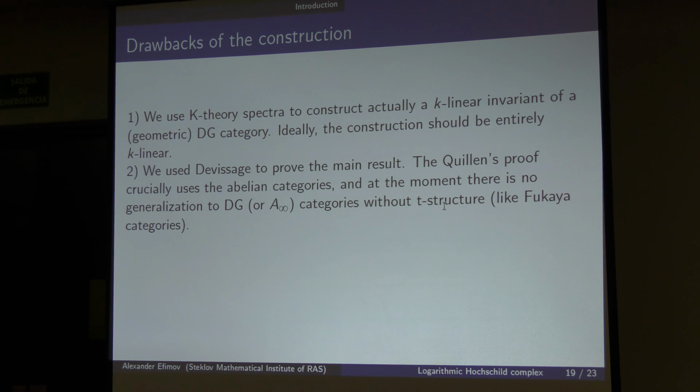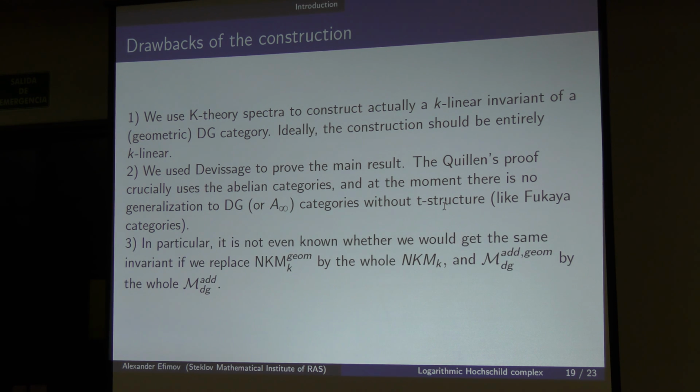For example, it would immediately imply vanishing of negative K-theory. So it's not always the case, so again we cannot apply this to the Fukaya categories, for example,